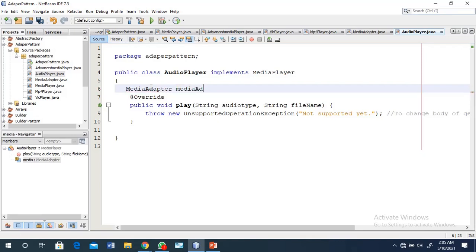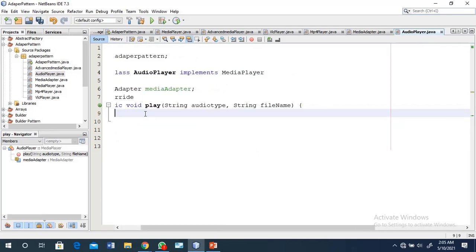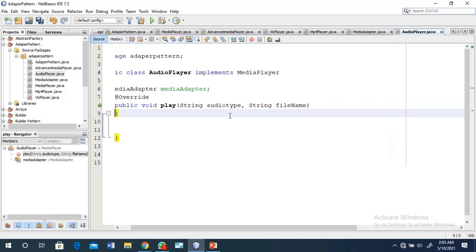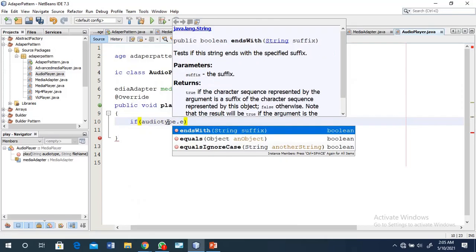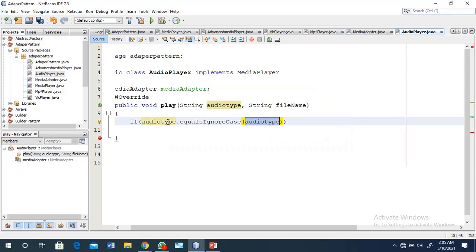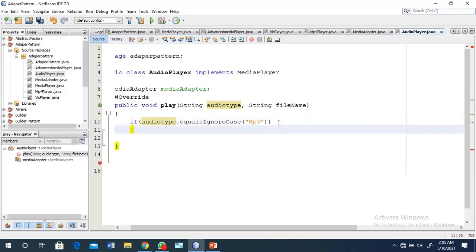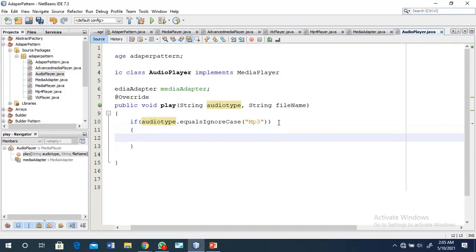MediaAdapter. Okay. So then after that, you just write here audioType.equalsIgnoreCase for MP3 files. Okay, so first we check MP3 files because audio players can play MP3 files.